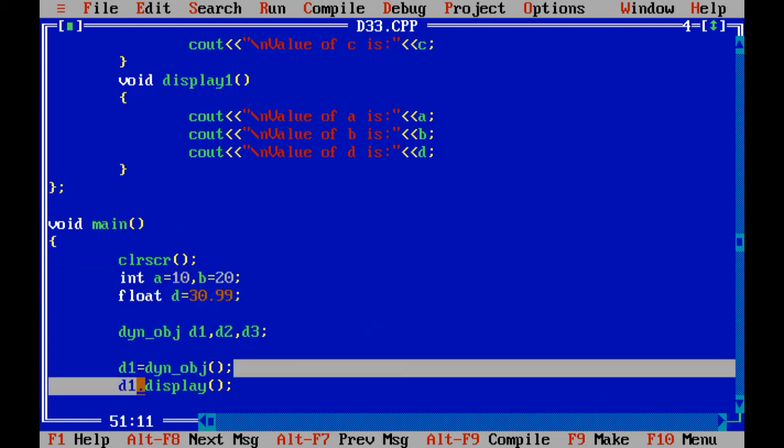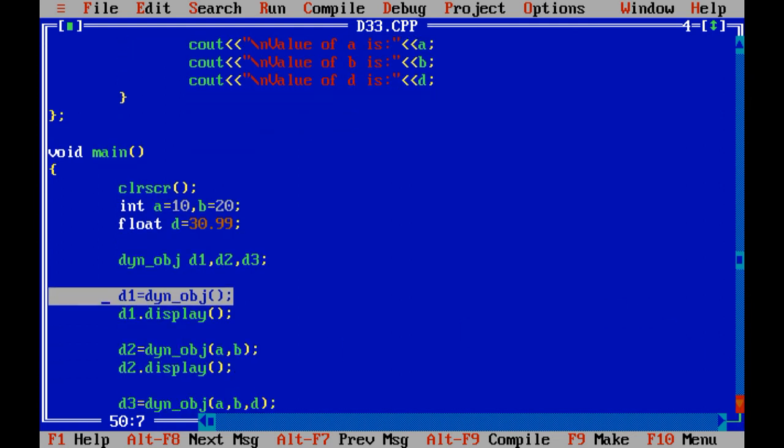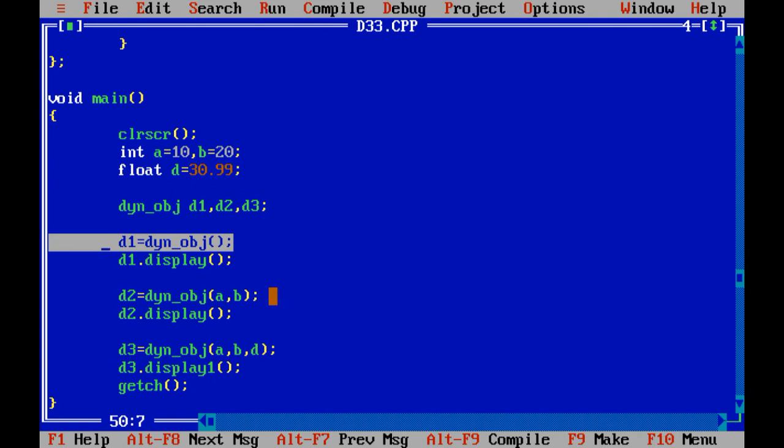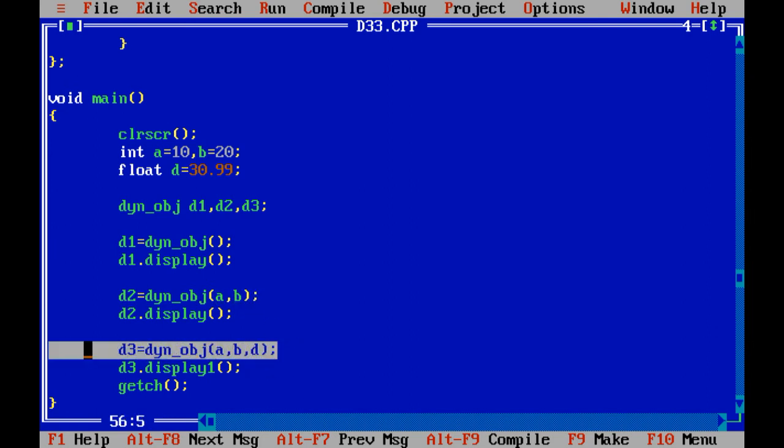See, over here the object does not contain any argument while you call the constructor. Over here we have passed two arguments which are of data type integer, and this is the third object. With that we have passed a float data type, right? So integer, float would be in such cases.